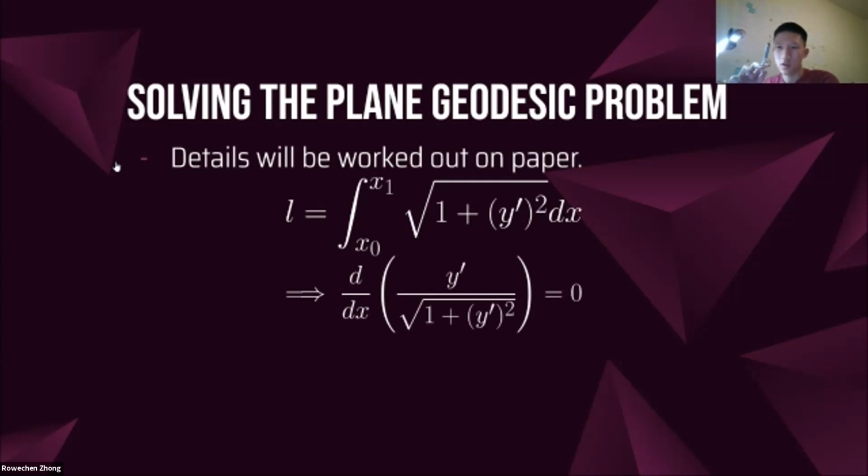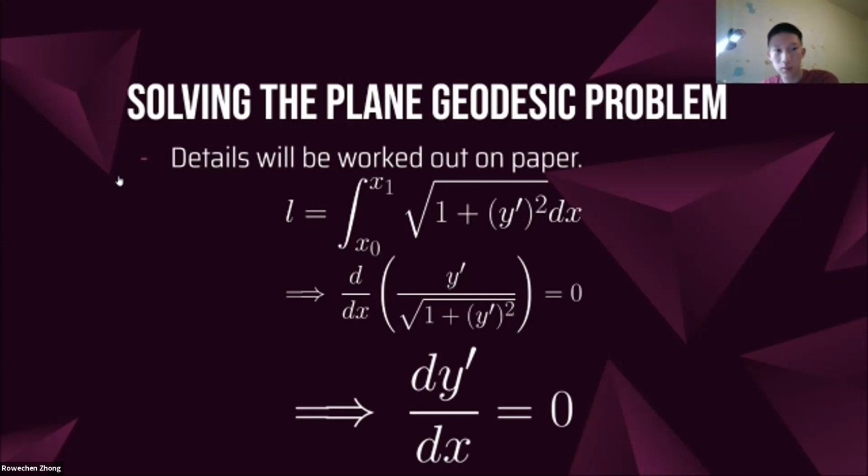If the slope of something is 0, can you guys follow? If the slope of something is 0, it's got to be a straight line. If something's a straight line, then, well, it doesn't change. So this little part on the inside over here, y prime over the square root of 1 plus y prime squared, doesn't change. So dy prime dx is 0, which means the slope is constant. We're done. This took longer than I thought, and I was hyper accelerating it.